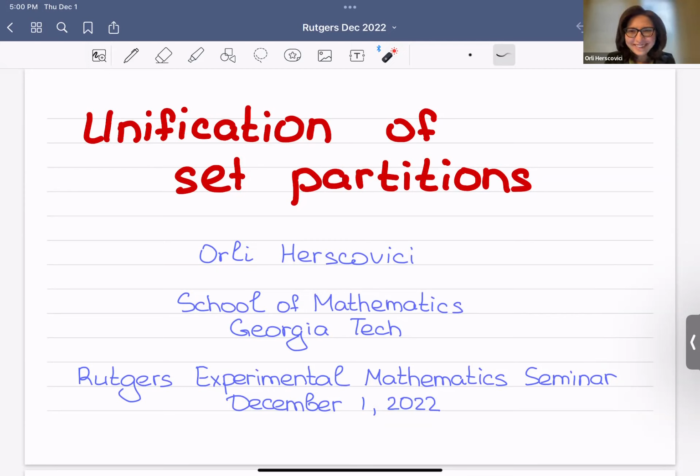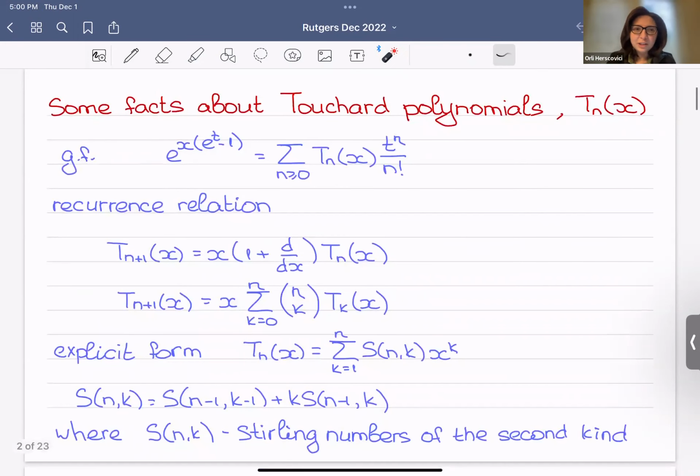Great job. So I will talk about unification of set partitions. And before we talk about set partitions, I would like to start from how it started. It started not from set partitions, but from something more general. We started from Touchard polynomials. And actually, our purpose was to consider some generalization of Touchard polynomials. But before we go to the generalization and what we got from it, I will start from some facts